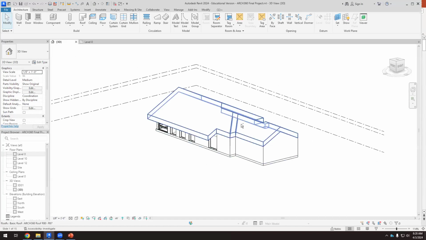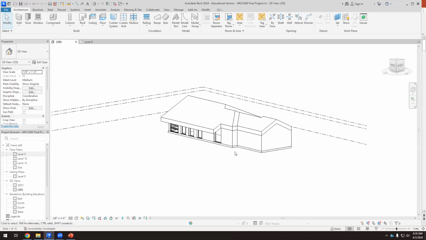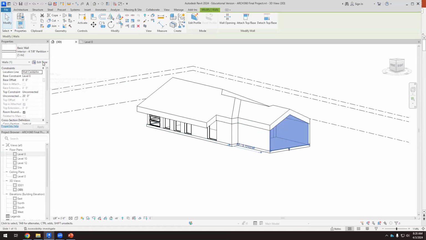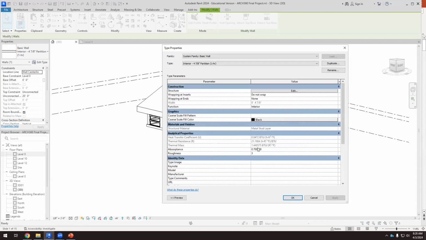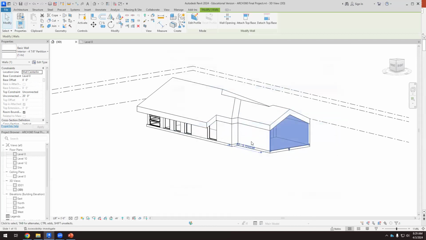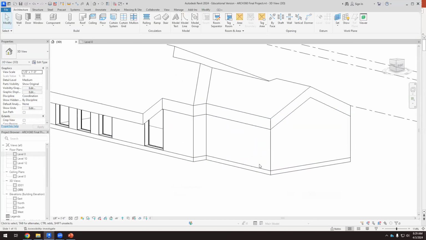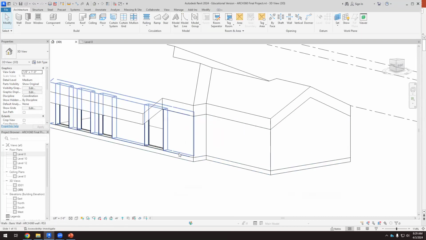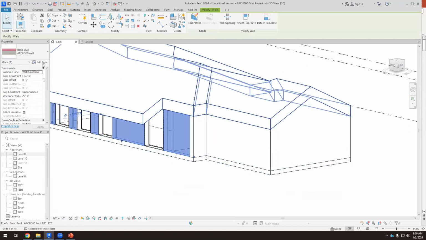We have to start analyzing this house, and this house has walls. If we select the wall and go to edit type, the R value of this wall should be... this is 21. Oh, this is 21 because that's the garage. Okay, so here we don't need that thermal insulation, but when we have the wall in the living room,